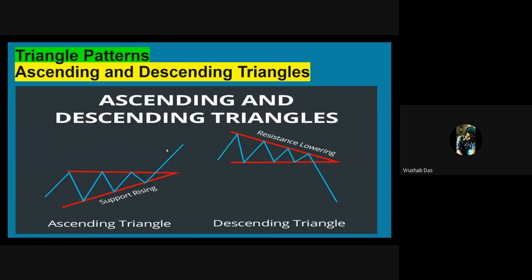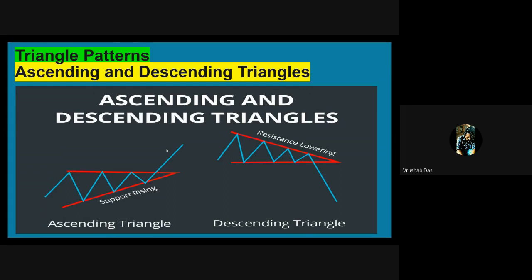Now we will talk about the triangle patterns. A triangle pattern is when a stock's trading range narrows following an uptrend or a downtrend, usually indicating a consolidation, accumulation, or a distribution before a continuation or reversal. Those are the three things I have talked about: consolidation, accumulation, or distribution. So in this triangle pattern, you will see these three things, and triangle patterns come in three varieties: ascending, descending, and symmetrical. Although all three types of triangles are interpreted similarly.